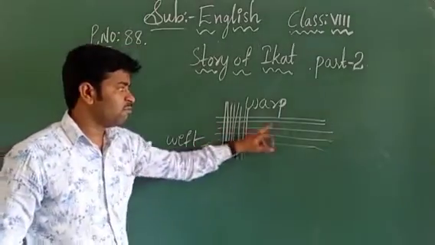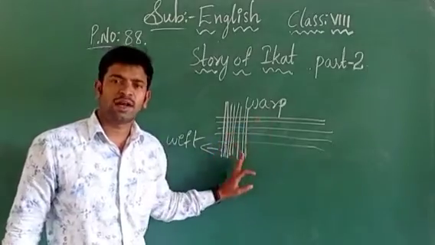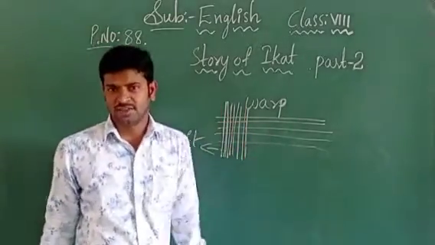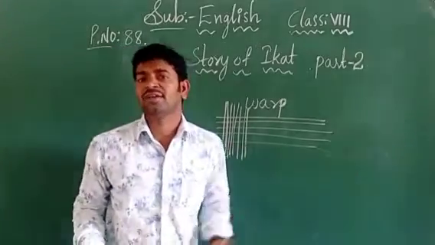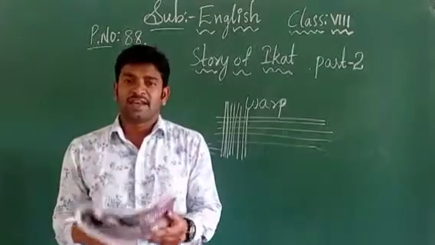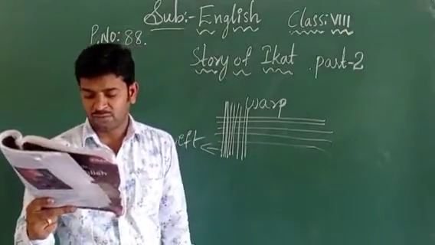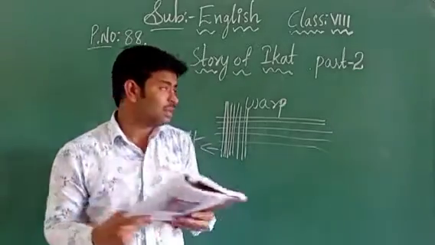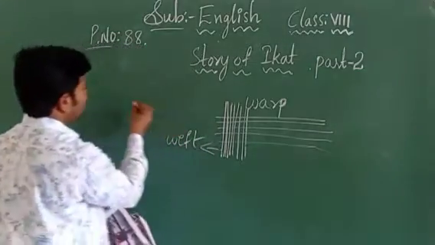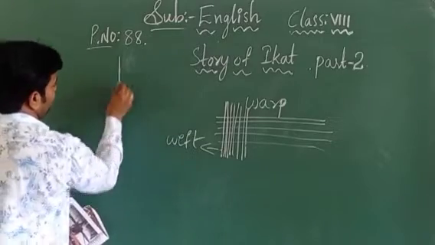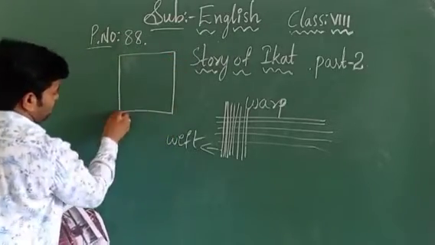So when both of these are combined, what are we going to get? We are going to get the thread, children, or it is made into cloth also. Now next, with an example you can understand; it is given in that paragraph only. Let us see. Imagine the graph sheet. Okay, imagine the graph sheet. Now you can consider this graph. Suppose this is the graph, children. This is the graph sheet.